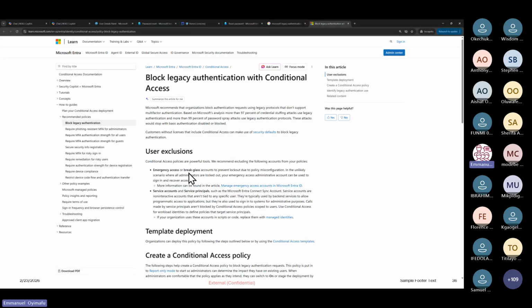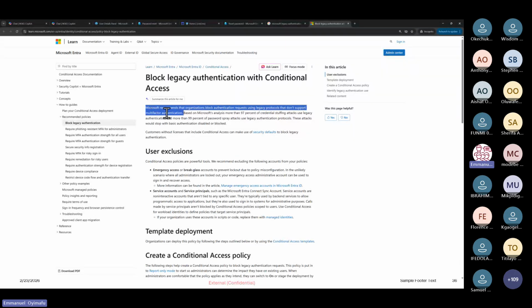Okay, when we say legacy, legacy is old. You want to block old methods of authentication, so you can block it. Microsoft recommends that organizations block authentication requests using legacy protocols that don't support multi-factor authentication. The key thing to note is that any sign-in using legacy authentication doesn't support multi-factor authentication.